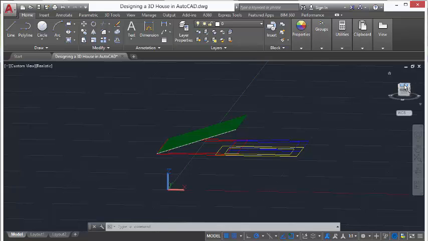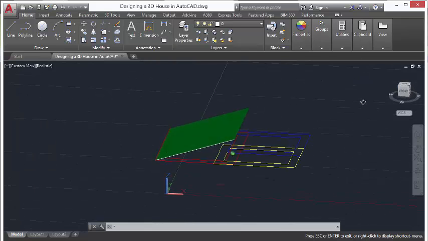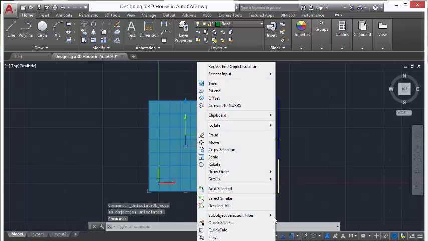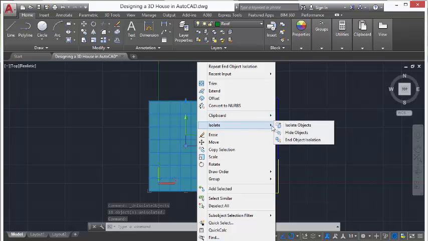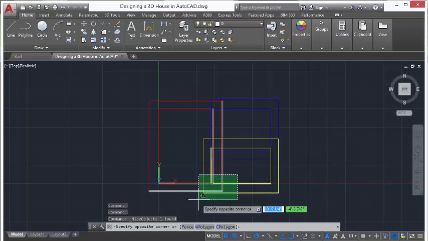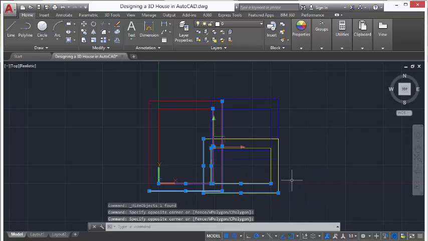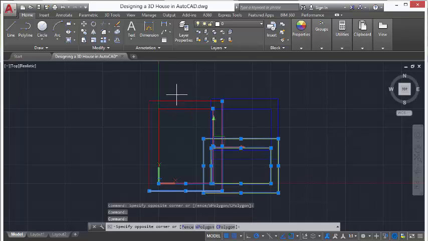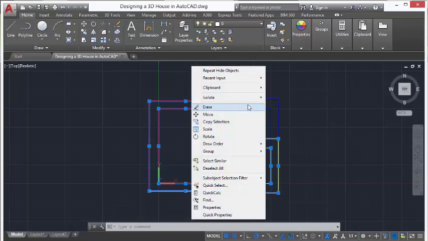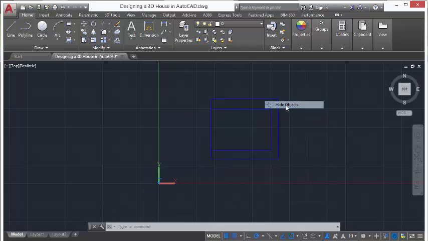Go to the top view by clicking on top of the view cube. Select the roof and hide it. Select the red and the yellow lines, leave only the blue lines. And isolate, hide object. Now go to the Home tab, Modify panel,